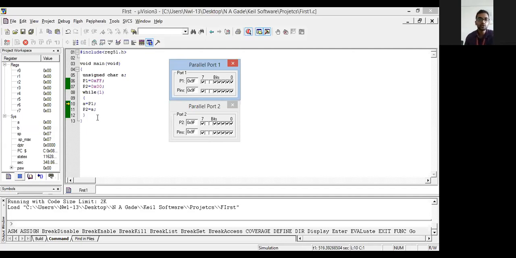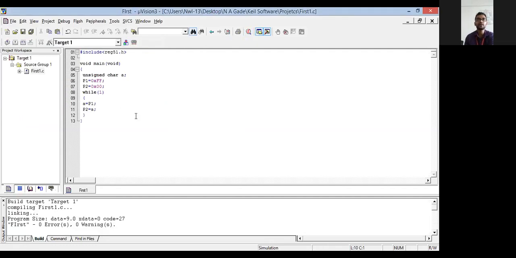Do you get how to execute the continuous loop? See, while one. In assembly, we were using S jump again and again, so that was jumping again and again. Here we have written only while loop, and whatever you have to execute continuously, you will write into the while loop. Okay. So I'll stop it here. We'll see another program example. So this is your first program of input output operation.